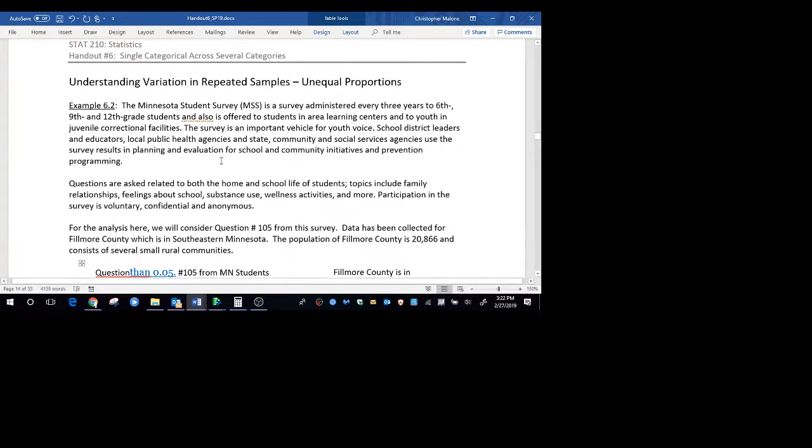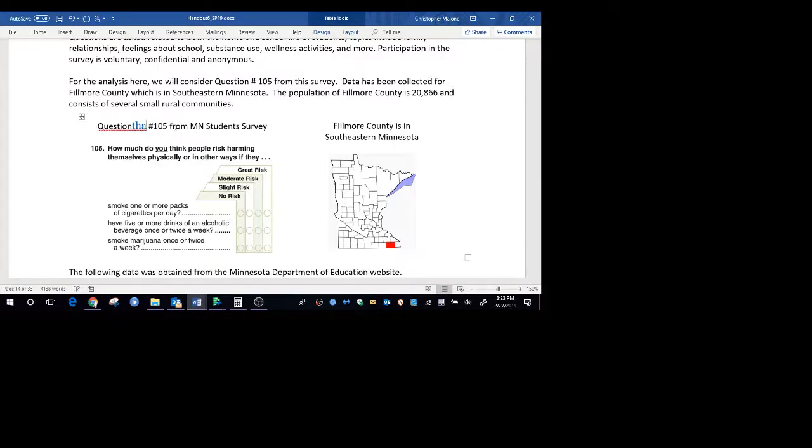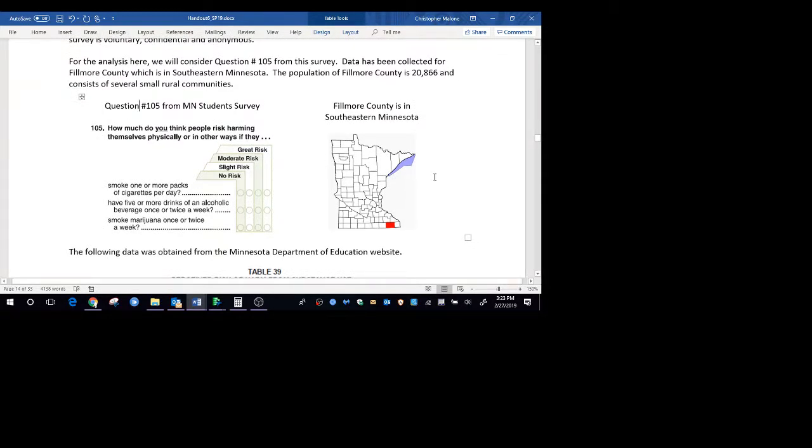And this has to deal with data from the Minnesota Student Survey. The Minnesota Student Survey is a survey that is administered to middle school and high school students throughout the state of Minnesota. This survey has lots of different questions on it, and the question that I'm going to be looking at is the question about marijuana use by students in middle school. In particular, I'm going to be looking at 6th graders. And I'm going to put the focus on just students from Fillmore County as well. Fillmore County is the county where my children go to school, in Rushford, Minnesota. So that's in Fillmore County.